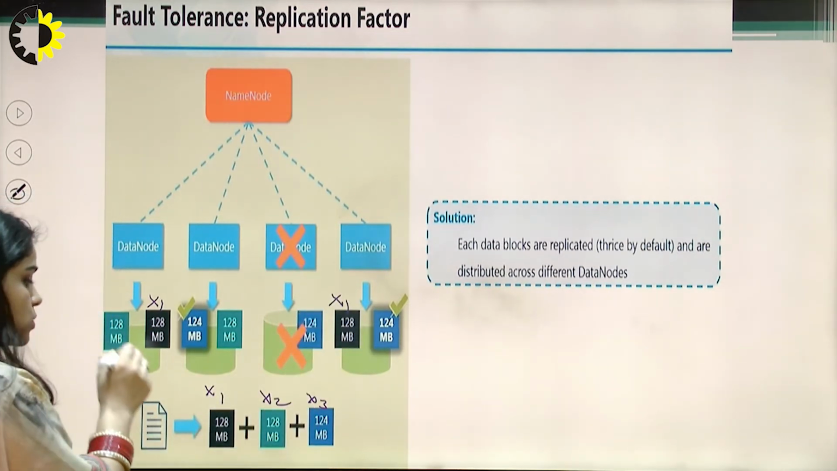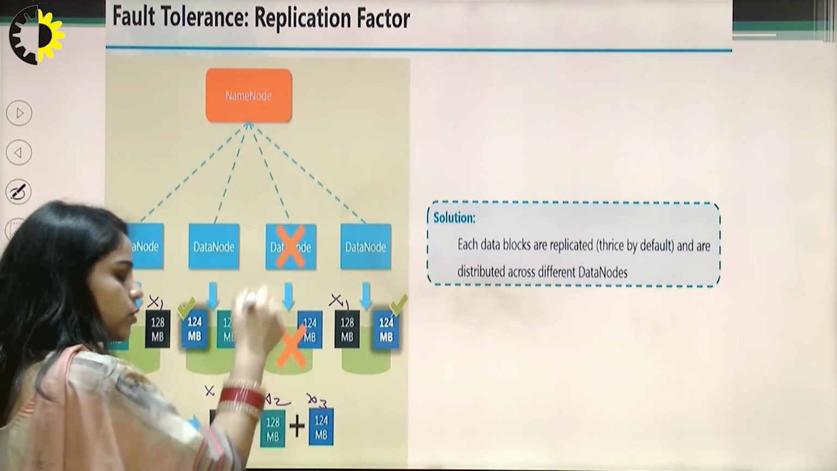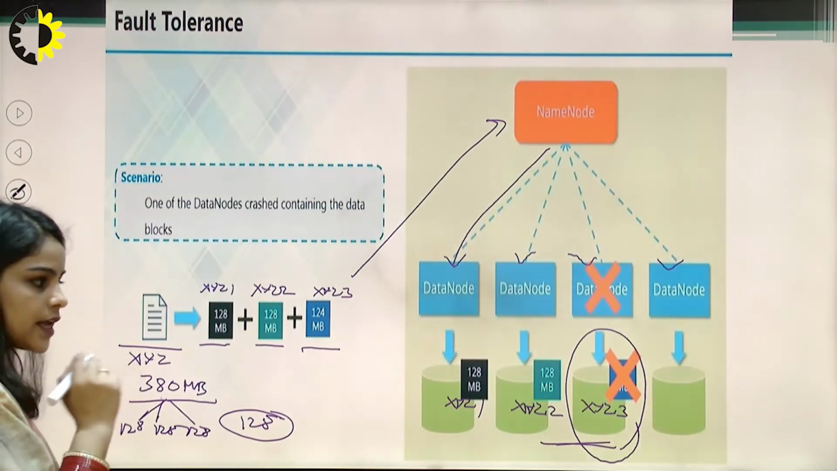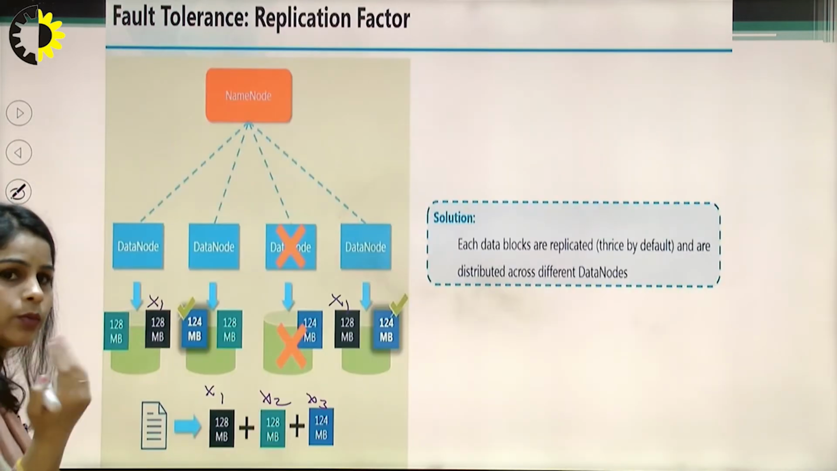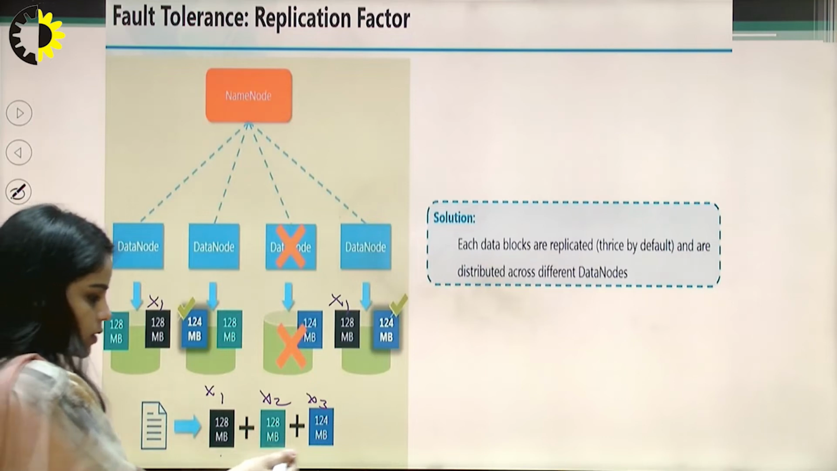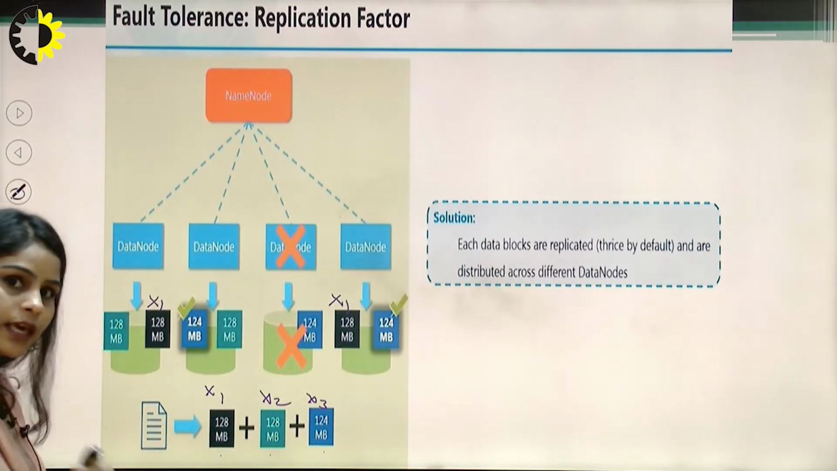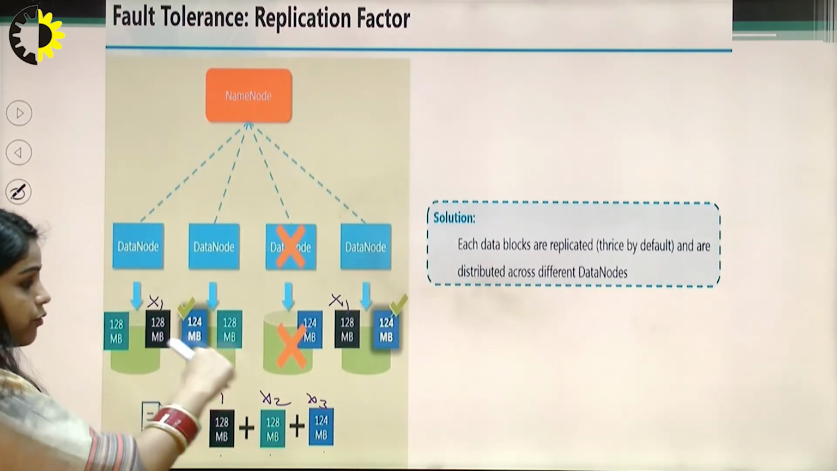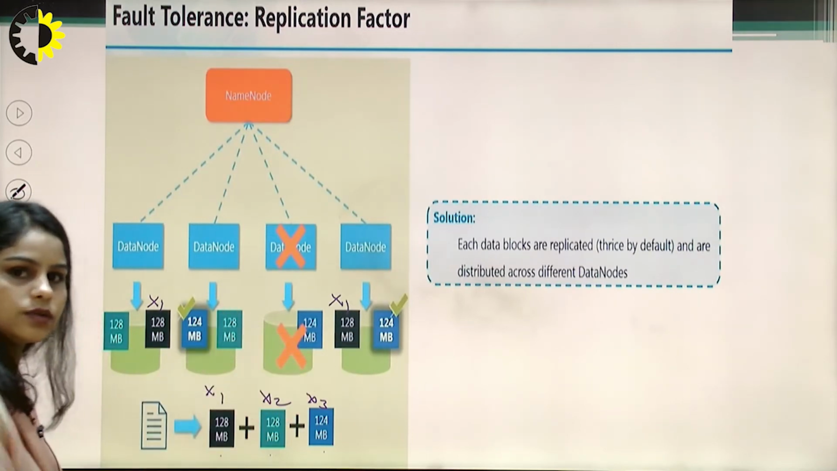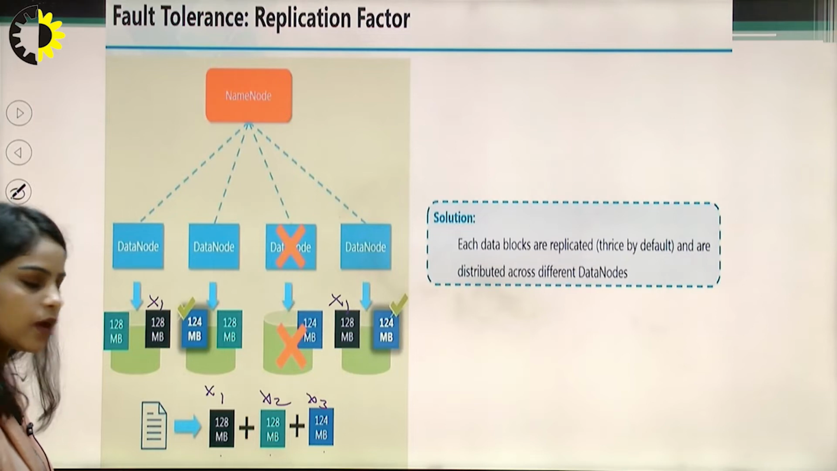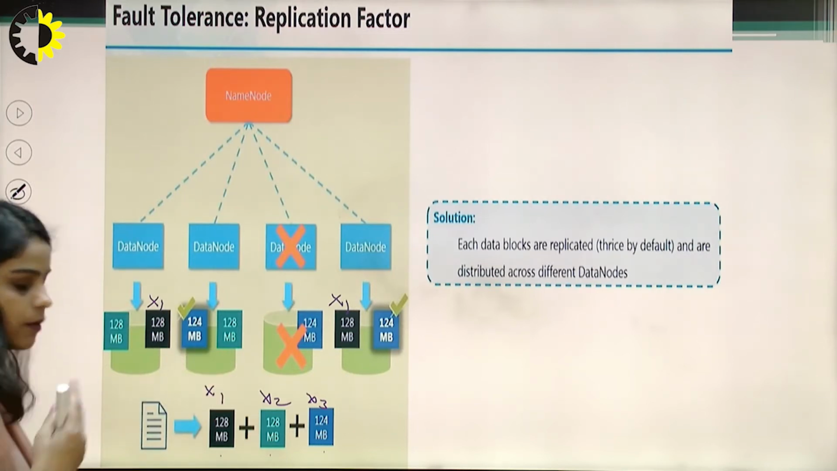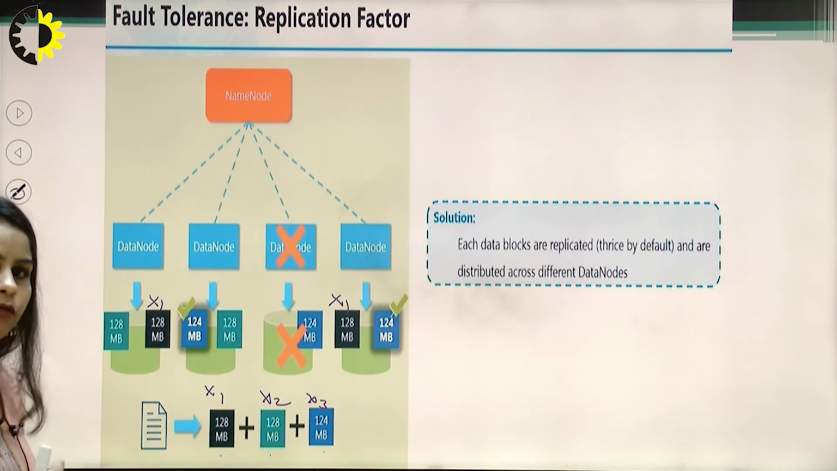Previously, we kept X1 here, X2 here, X3 here, and it was lost, as you can see in this diagram, right? We lost X3. But now what we are doing, we are making copies of all these three blocks, and we are keeping these copies at different locations, at different data nodes, right? If I have to keep these copies at different data nodes, how are we getting a perfect solution